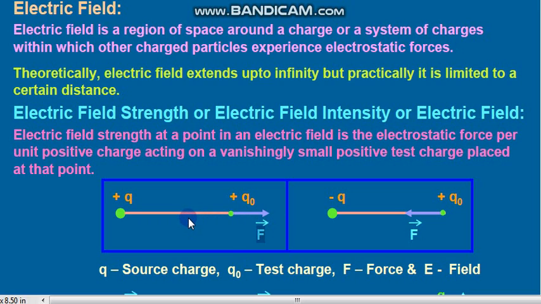The reason behind that is, if I have any other charge, maybe a minus charge over here, this minus charge will have a force of attraction towards this. If you have any other positive charge here, it will have a force of repulsion in this direction. Instead, if this charge plus q was somewhere here, it would have had a force in this particular direction.